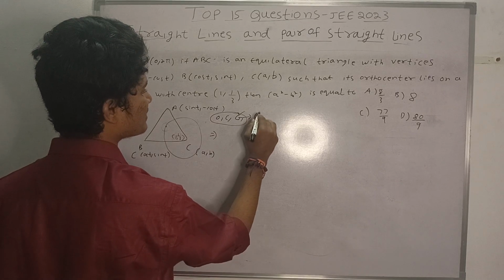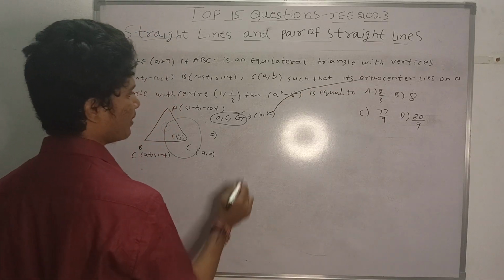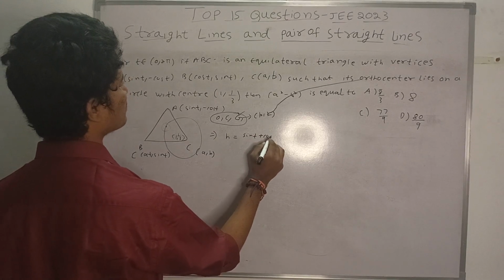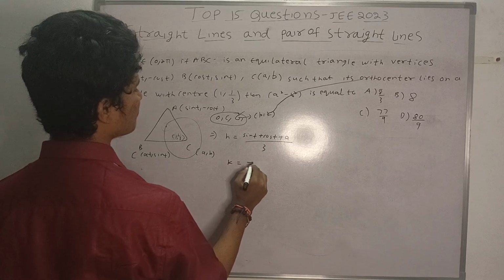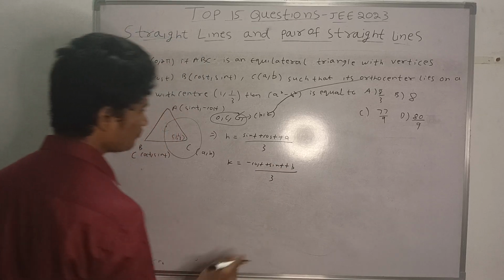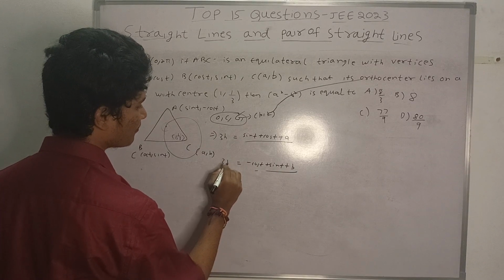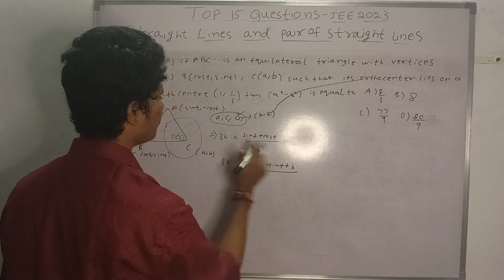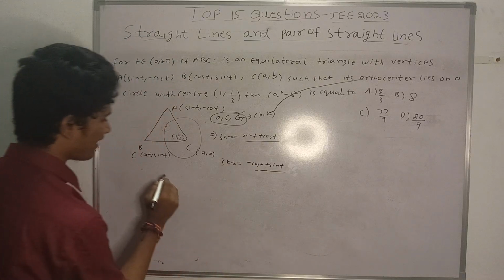Suppose we take the centroid point as h, k, and it is the same as the orthocenter here. So what is the coordinate of h? h equals sin t plus cos t plus A divided by 3. And what is the coordinate of k? k equals minus cos t plus sin t plus B divided by 3 here. When we move the 3 across, that is 3h, here it is 3k. When I shift the plus A and the minus B to the left side,